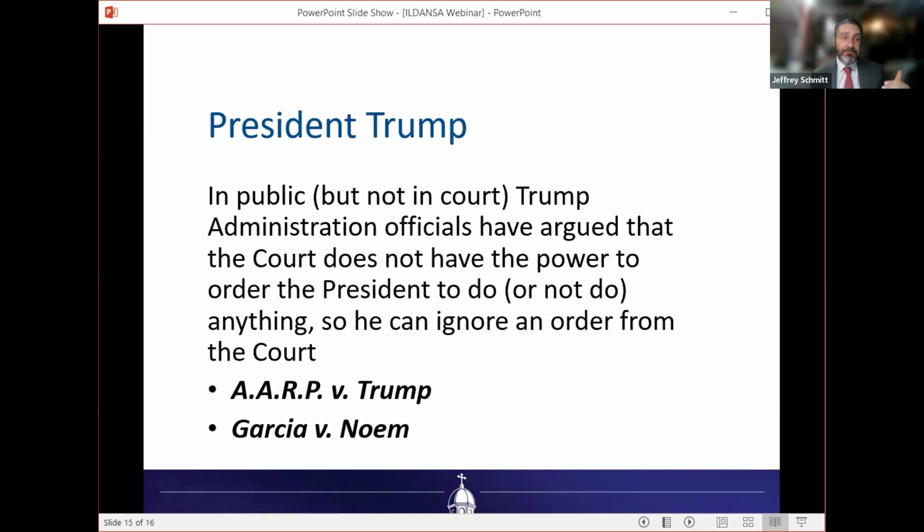So, the cases that are raising this most directly involve immigration and deportation. The decision in A.A.R.P. versus Trump is dealing with this. The main incident we're talking about here is that the president put 237 citizens of Venezuela who were in the United States on a plane, flew them to El Salvador, and put them in a very dangerous prison. I assume most of you have probably heard of this story. It's all over the news in the United States.